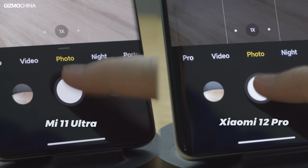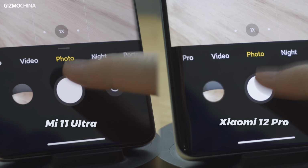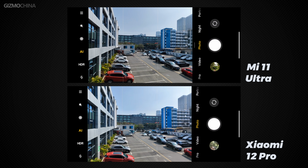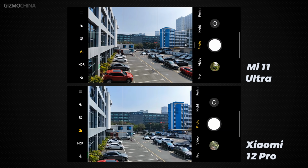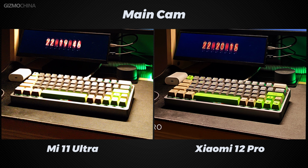You can look at the shutter speed in comparison to Mi 11 Ultra, which is not at the same level anymore. There is also an animation when switching between lenses now, instead of jumping straight to the cameras. Stability has also been improved. Like in this photo, the Mi 11 Ultra took 3 photos that were overexposed, while the Xiaomi 12 Pro encountered